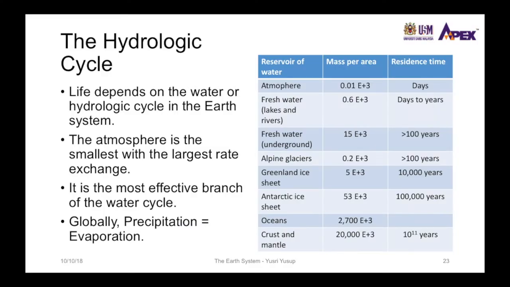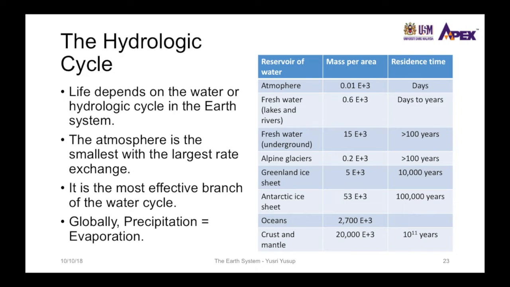Now in this video we'll be talking about the hydrologic cycle, or the water cycle, and this is a very important cycle because all life on Earth depends on the cycling of water in the hydrologic cycle in the Earth system. You can see the reservoirs of water in the Earth system in the table on the right,